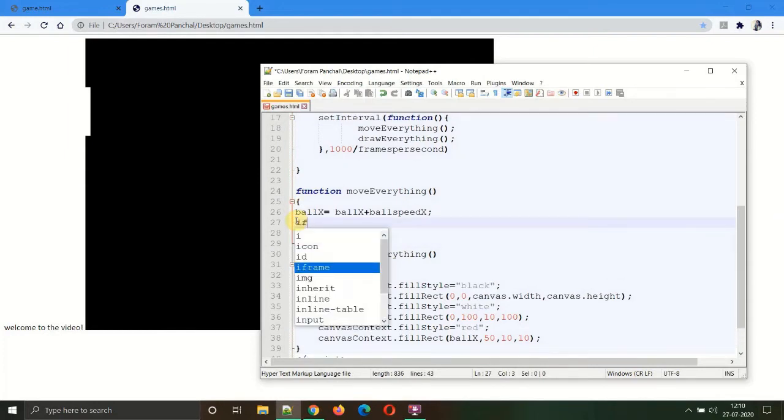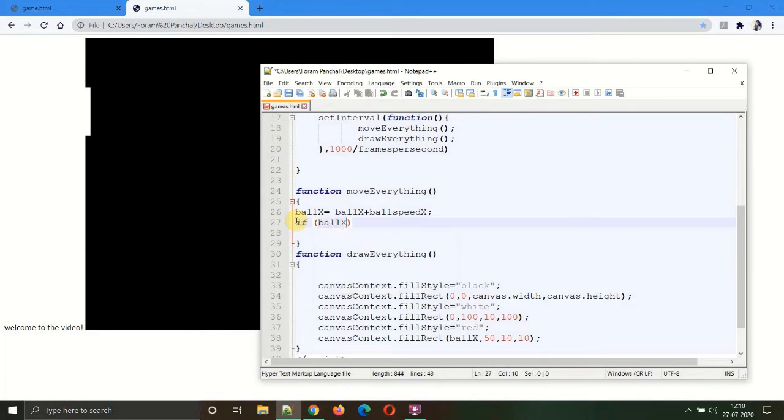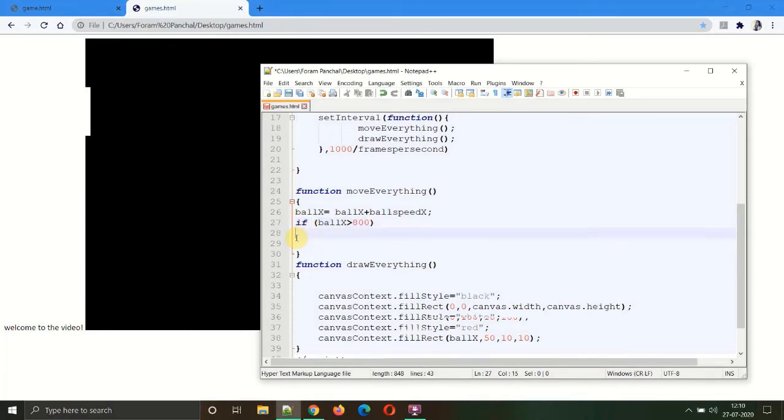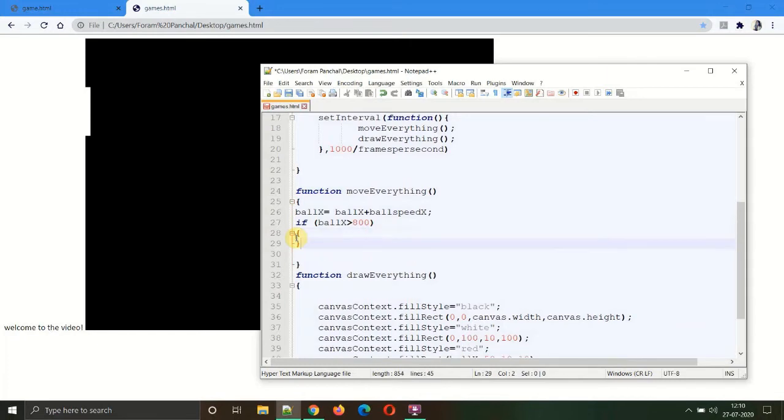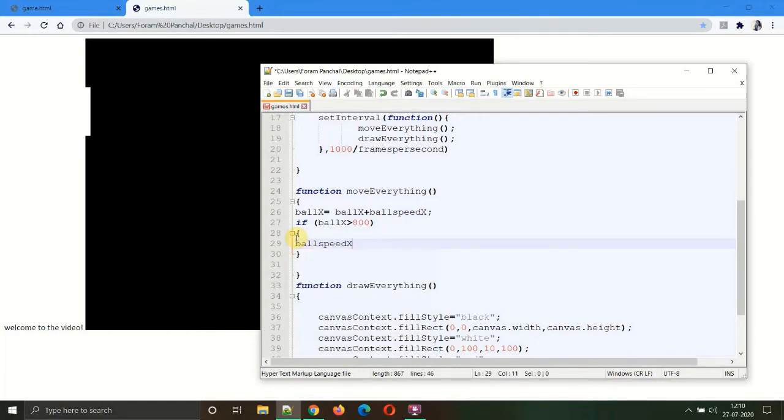If the value of ballX is greater than 800, what should happen? It should return into the canvas. So the speed of the ball should be -5.